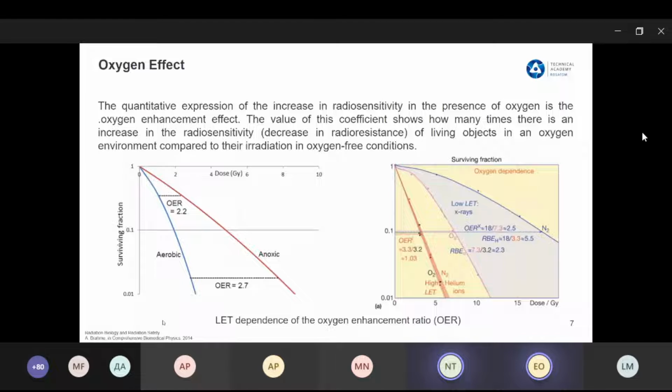This phenomenon was first observed by Alper in 1952-1954, who discovered the protective role of oxygen during the inactivation of bacteriophage SH. So,